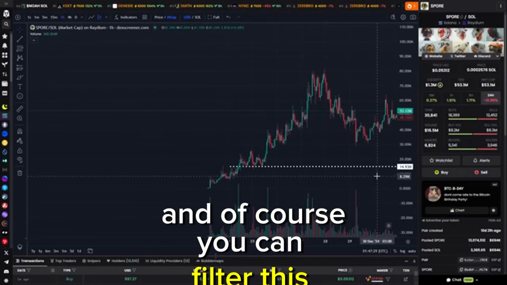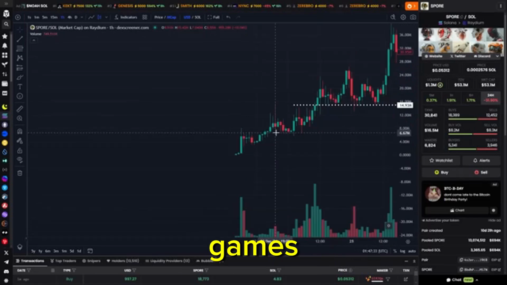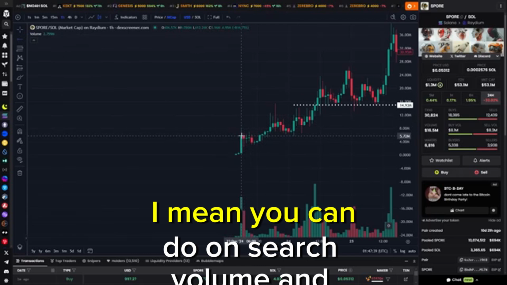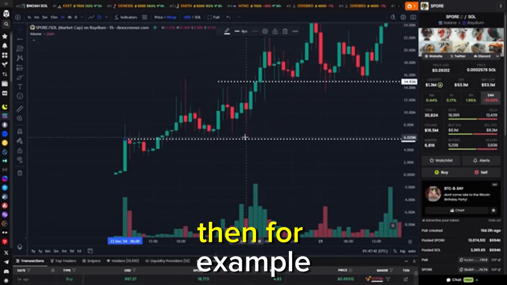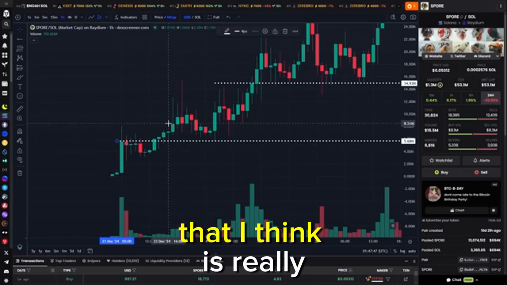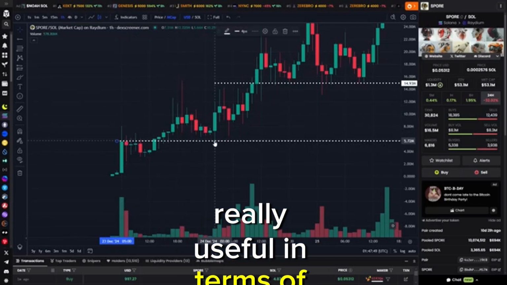And of course, you can filter this down to certain things like games, entertainment, business or finance or whatever. And this is something you can do on search volume. And then, for example, you can see 18 hours ago, all of these crazy things. And this is going to be something that I think is really, really useful in terms of front-running the trends,